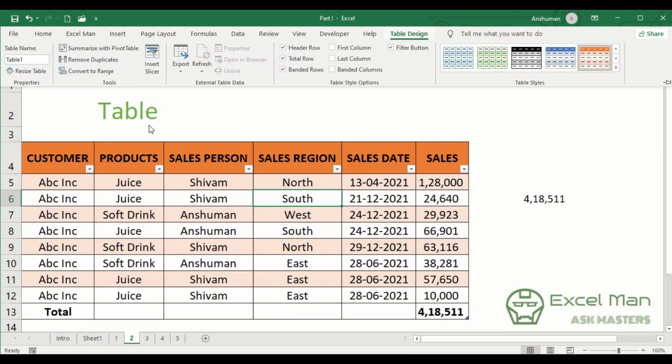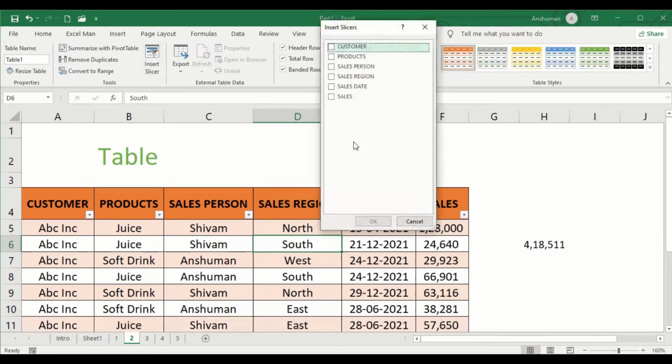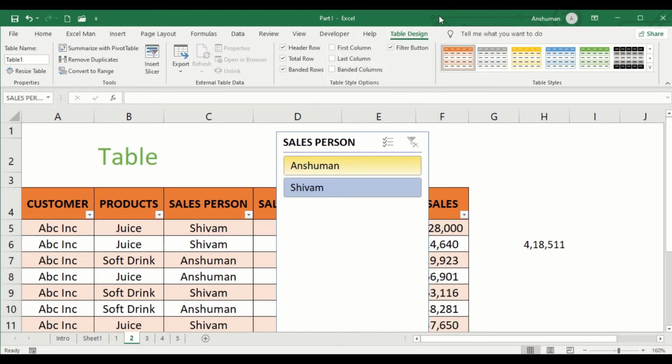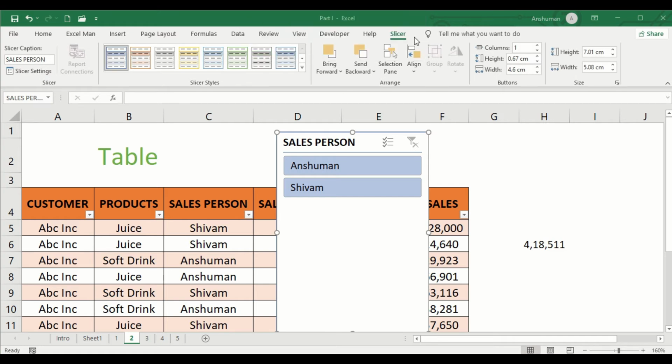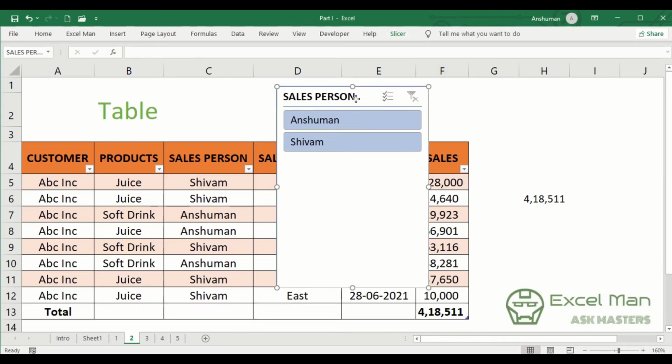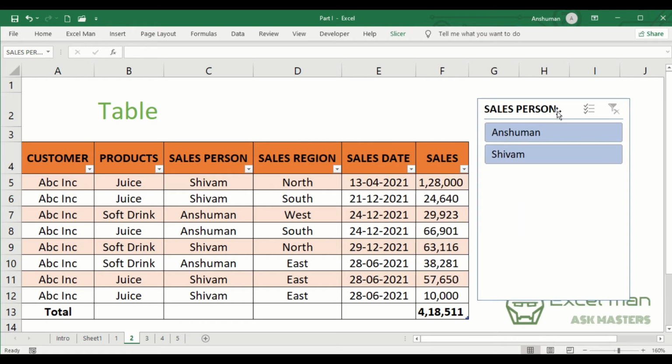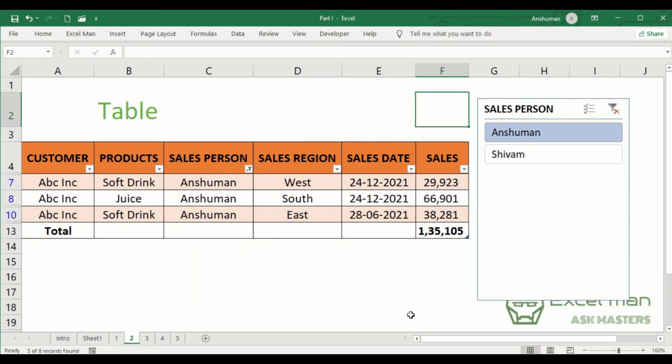Another thing is that you can add a slicer into it. Let's say I want to add a slicer on Salesperson, so I will check this, and a Salesperson slicer will appear over here. Let's say I simply want to see what sale any salesperson has done, so I simply click on it, and you can see that my table is auto formatted based on that. These are some of the benefits of using an Excel table. I hope you have liked this feature and you will use it to do your work real easily and quickly.